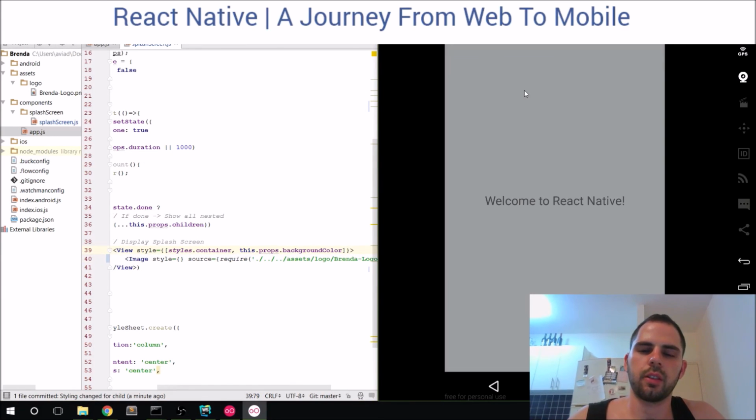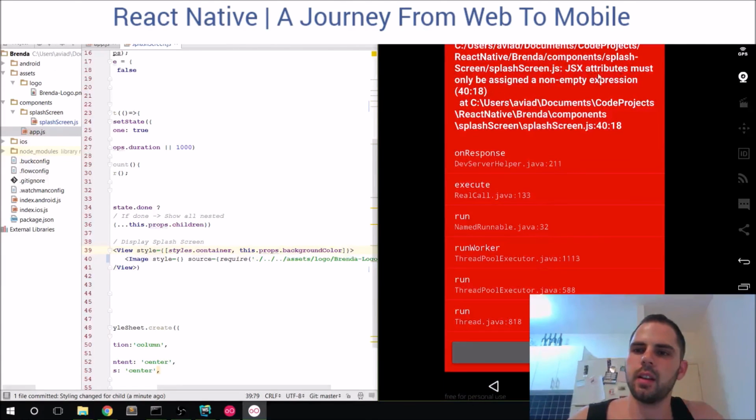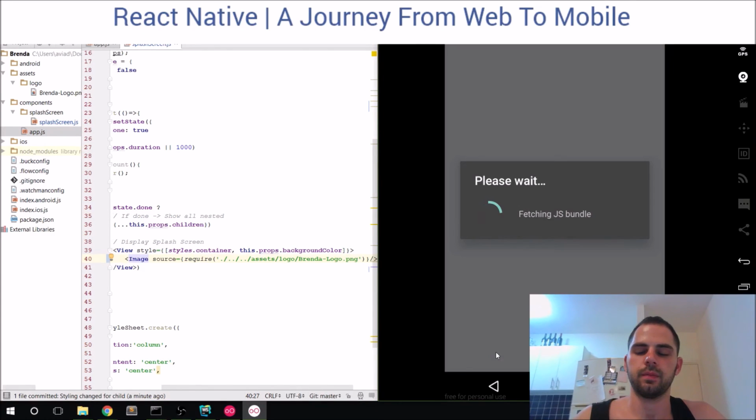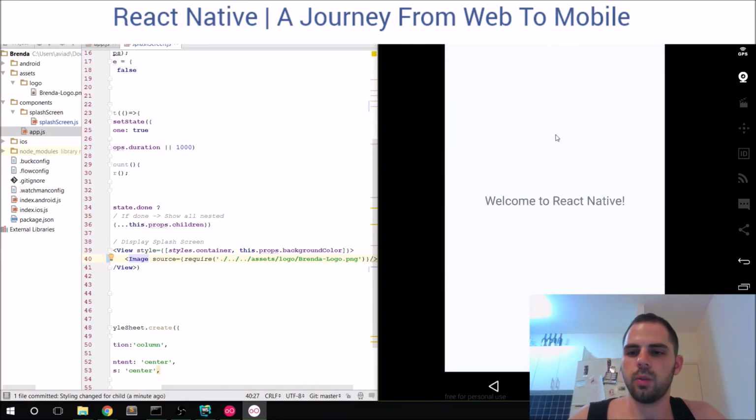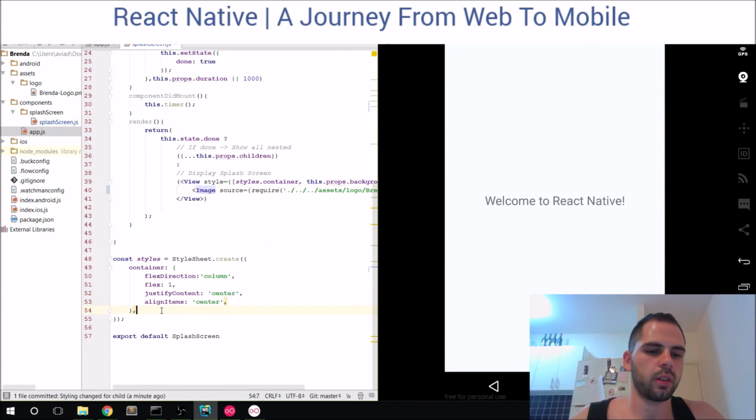I do tend to think that we're going to hit an error since this is not bundled yet, and yes, it says send a non-empty expression. Oh, actually for that, really? Let's try it again. Really cool, it worked. So we have the Brenda logo showing up, but it's huge. So we're going to have another attribute here in the styles. We're going to say logo. We're going to say width 300 and height